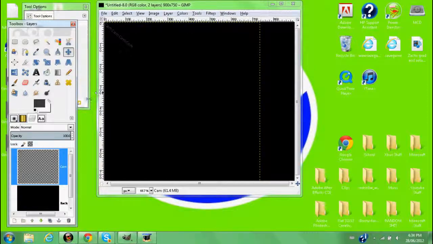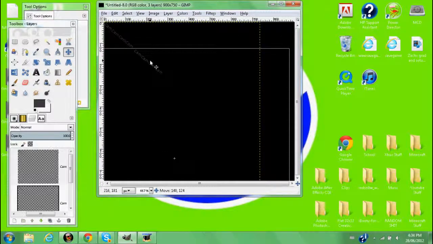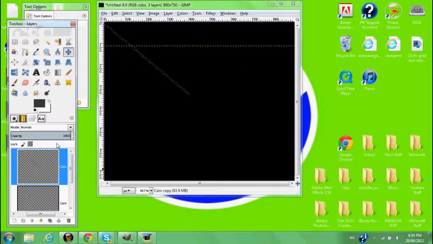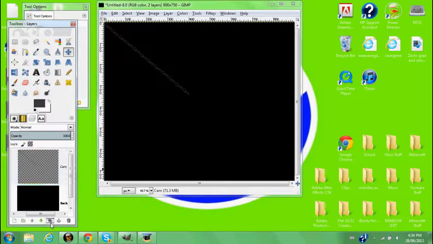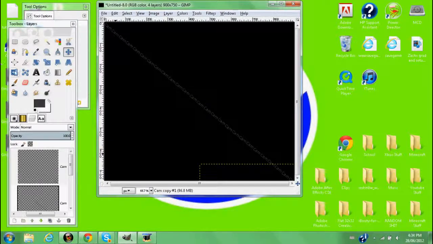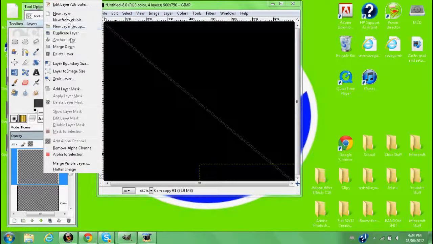And now what you can do, you can actually just duplicate this layer right here, and it will actually just drag all 4 of these down without moving them. And just keep doing that. What you can actually do right now is merge these down again, duplicate it. Here we go, and one more duplication, and that should be good. Now once again, you're going to merge all these layers down,